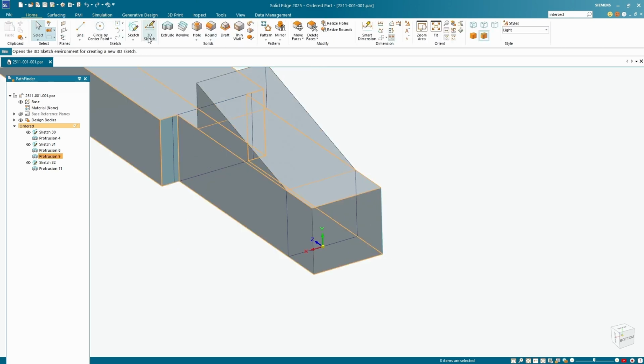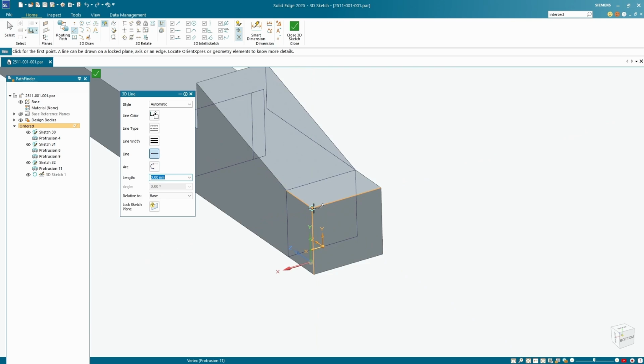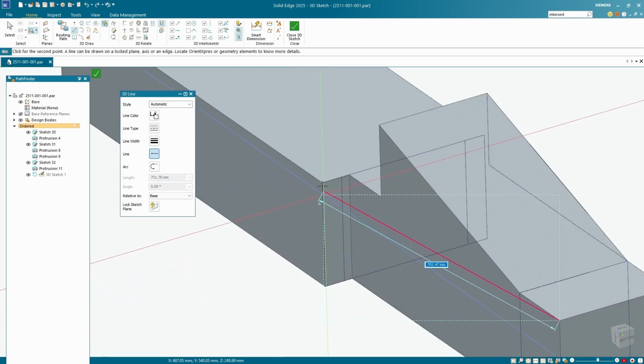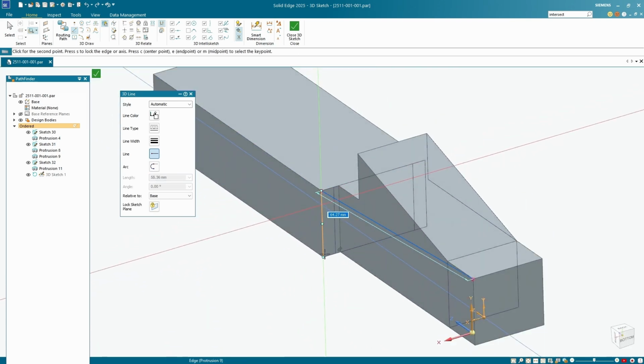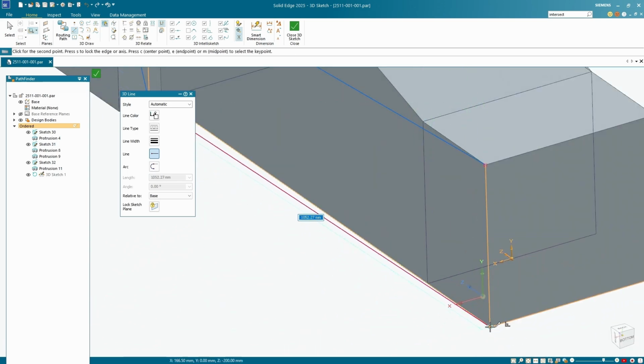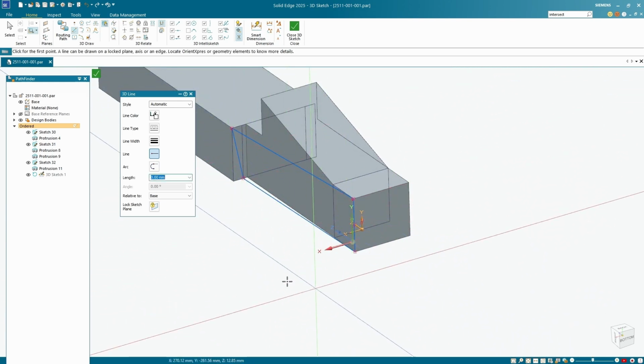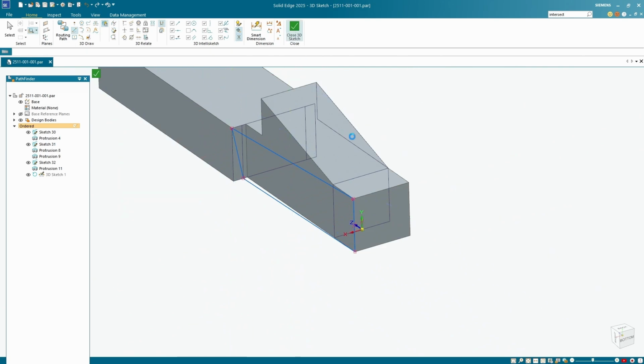So I'm going to create a 3D sketch, and that's in sketch, or 3D sketch here, and join all of those. So first I create a 3D line from that point here to this point here, down to this point here, across here, and up here. Okay, so that's the kind of surface we want to create between those 4 lines. So I'm going to close that 3D sketch,